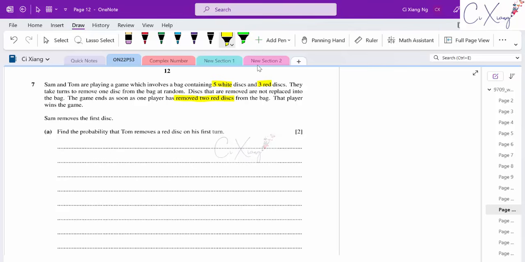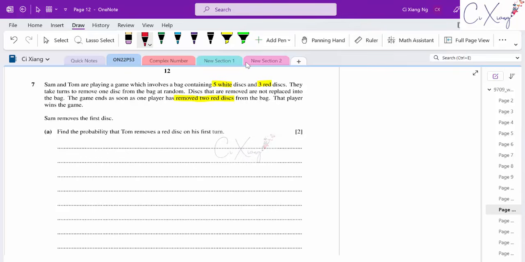Sam removed the first disc. Find the probability that Tom removed a red disc on his first turn. Okay, so for this one, you can see that Sam and Tom take one disc each, taking turns, right? So Sam will start the game first. For this question, if you want to visualize it more clearly, you can try to draw the